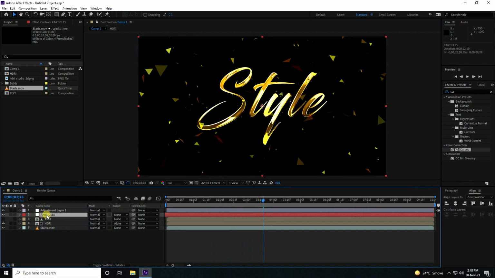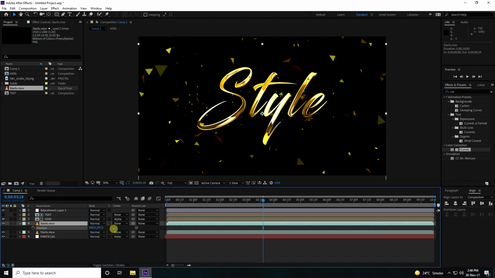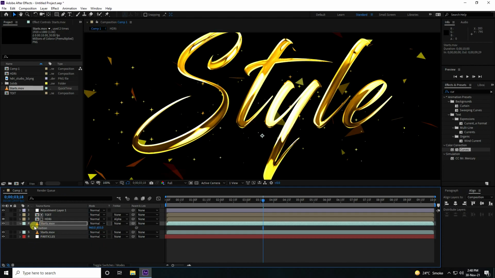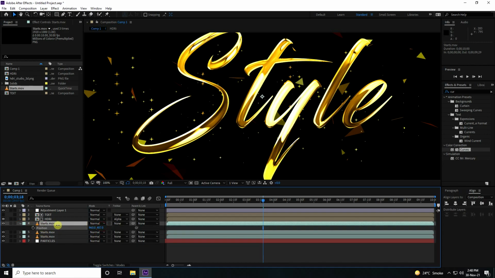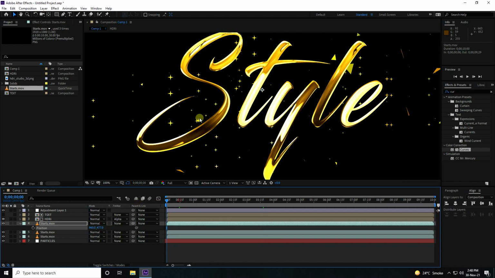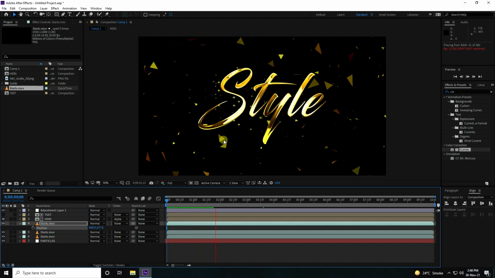Duplicate the star particles with Ctrl D, press P for position, and move it here. That's my star particles. Next, duplicate and press P, move it up. Beautiful, see, that's my beautiful effect, right?